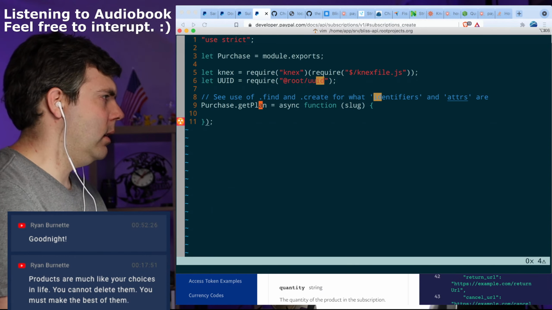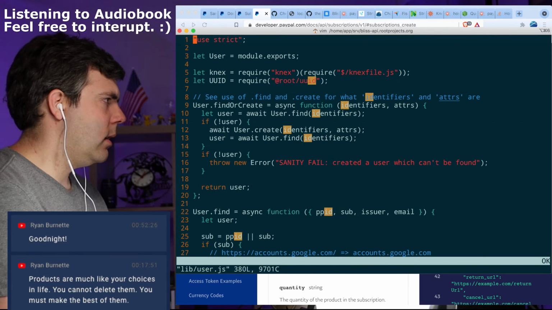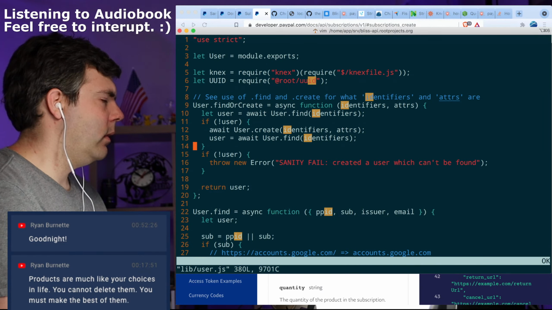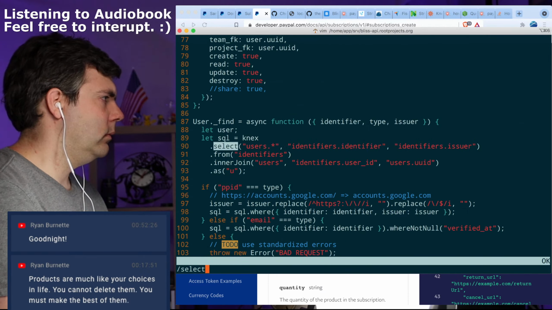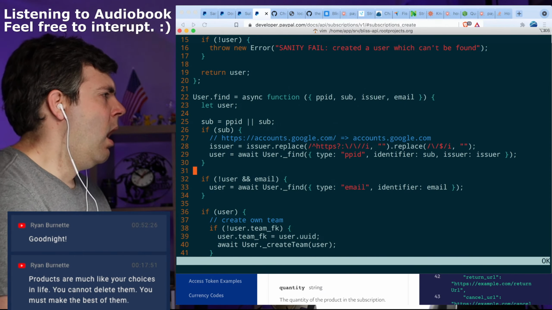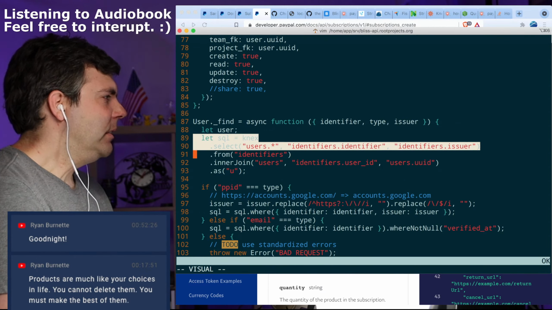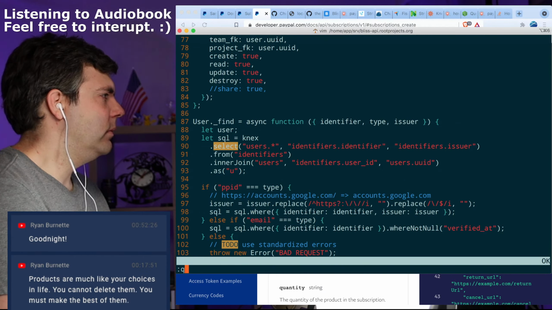Take our slug and then get back, yeah, that looks good.